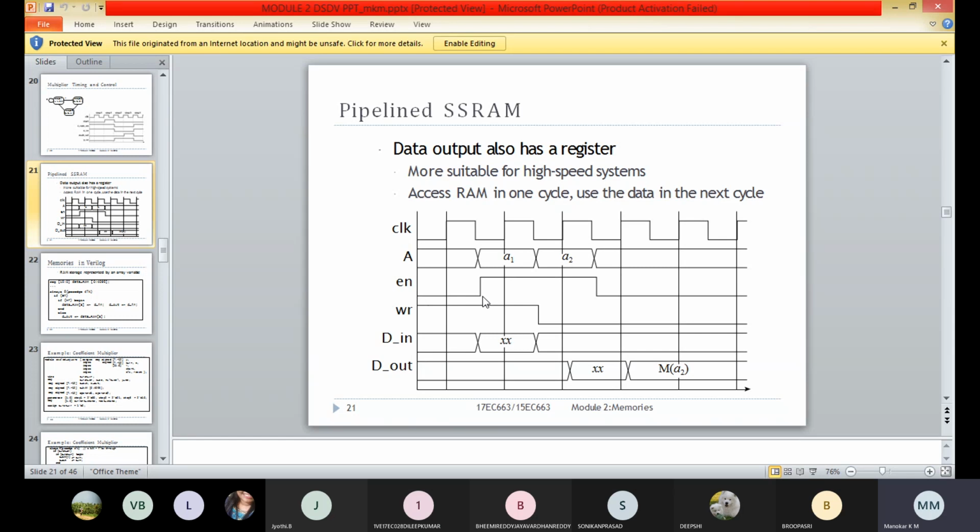During the first clock cycle, you can observe that the enable is 1 and WR is also 1, and then the data is to be stored. This is the data stored XX, and this is for the write operation.